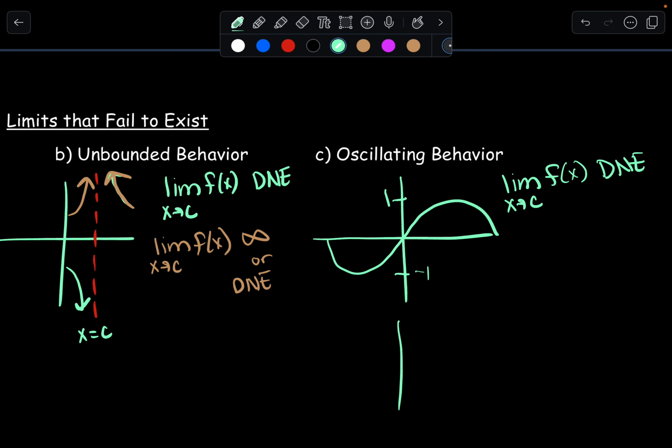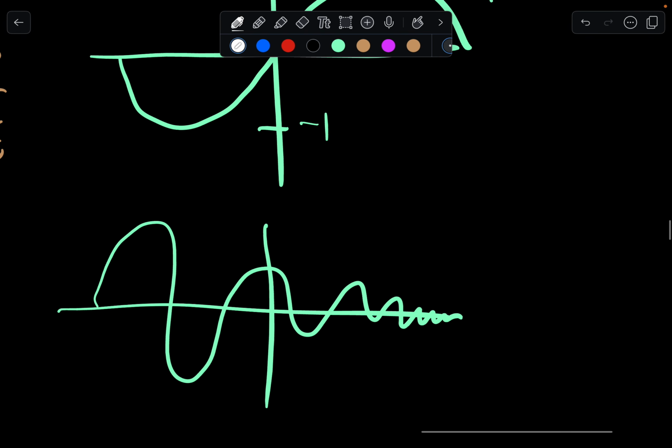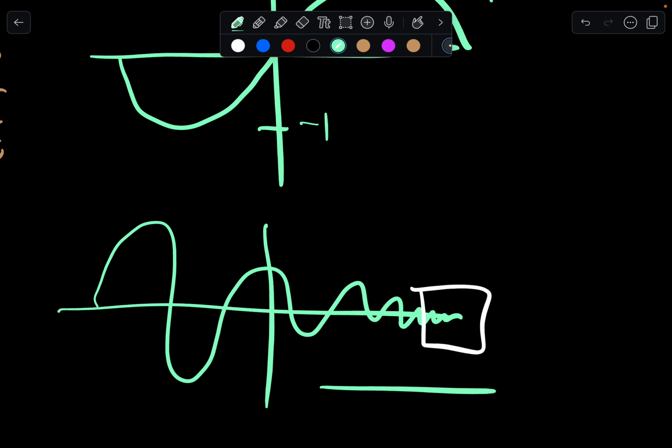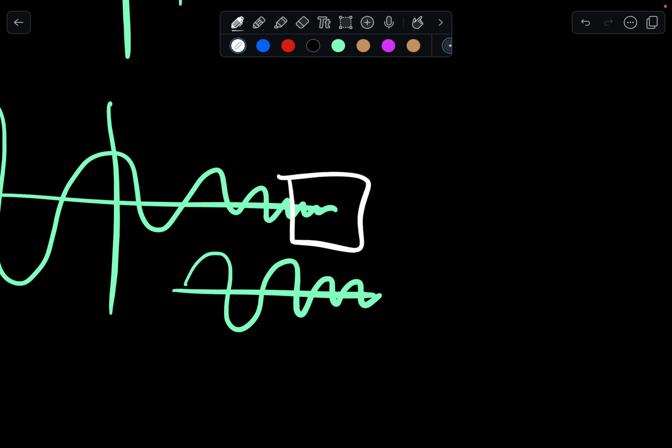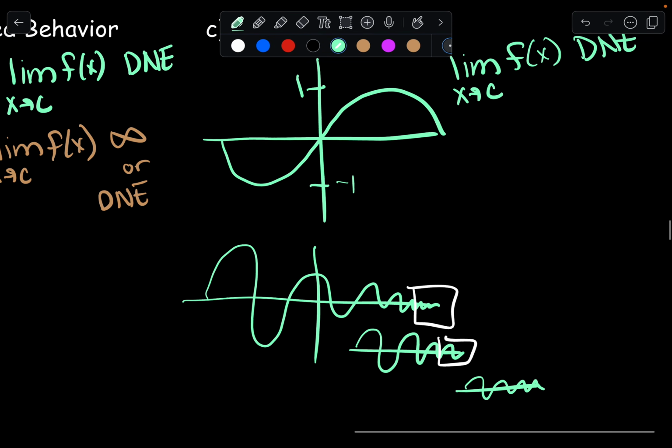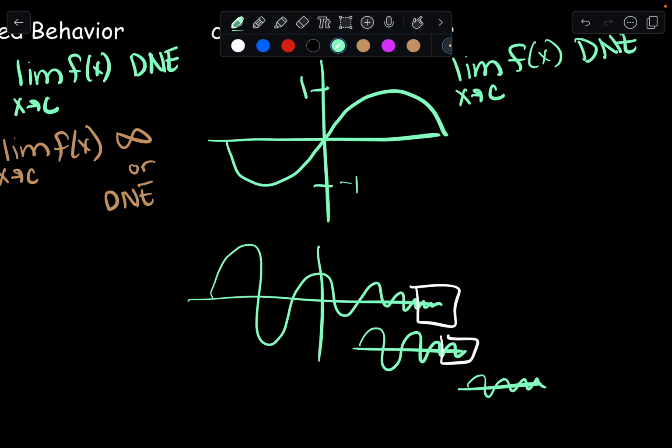Now, we also have oscillating functions that do this. They do get closer and closer and closer. But if I were to zoom in again on this, it would still look the same. Then it gets closer and closer again, but if you continue to zoom in on that, you will still see it oscillating. So the question in class was, okay, it's oscillating, but it's still approaching a value. We're going to talk about this more as we go forward, but if you think of an exponential function,